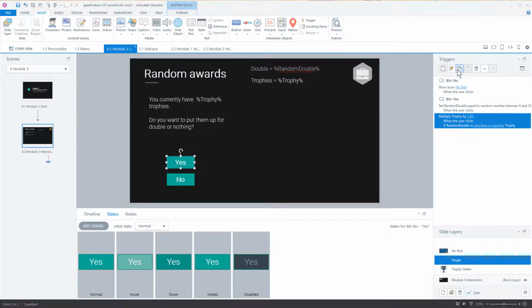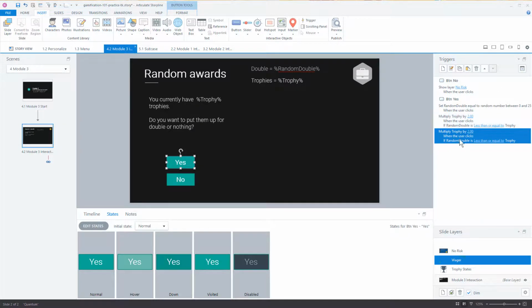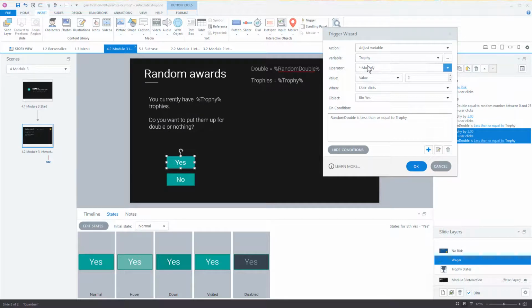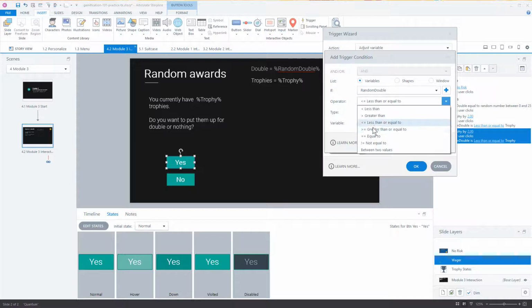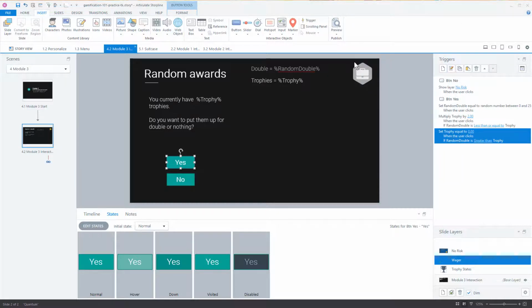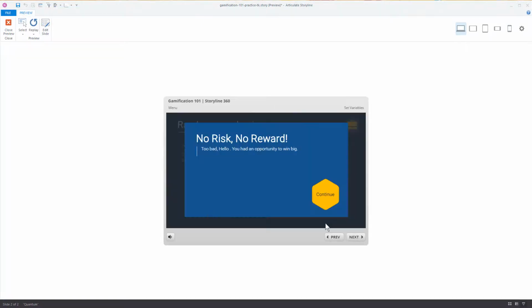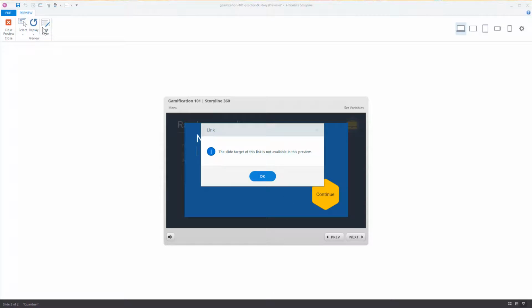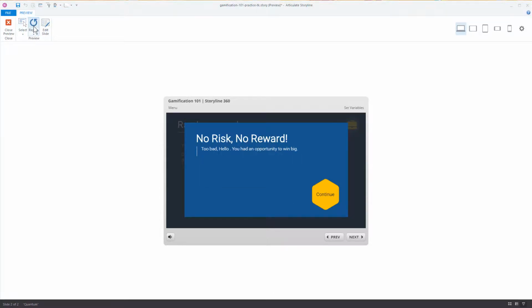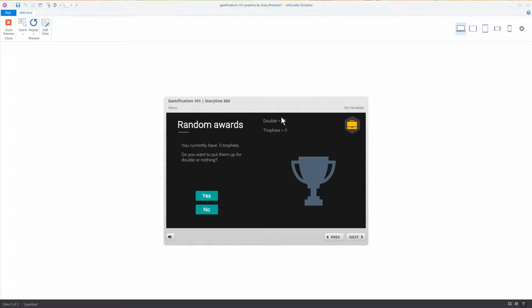So we can just copy this, paste it, and come here and say adjust trophy, and we're going to assign it the value of 0 when the user clicks this button, and when random double is greater than the value of trophy. If we preview this, when I click the no button, there's no risk, right? Okay, let's replay this slide. Double is 21. I don't have any trophies. So if I hit yes, it's